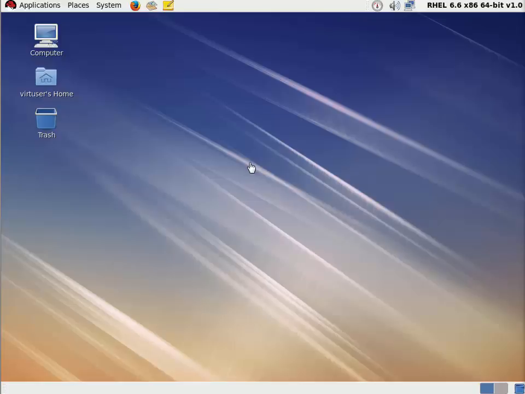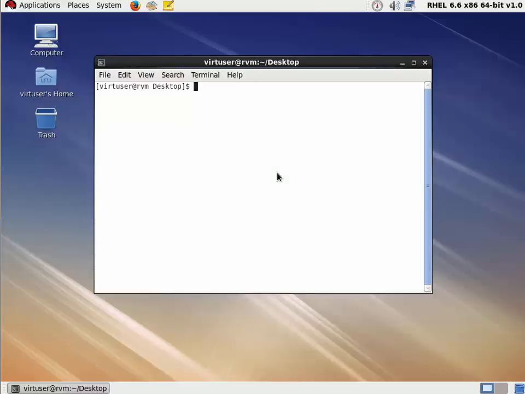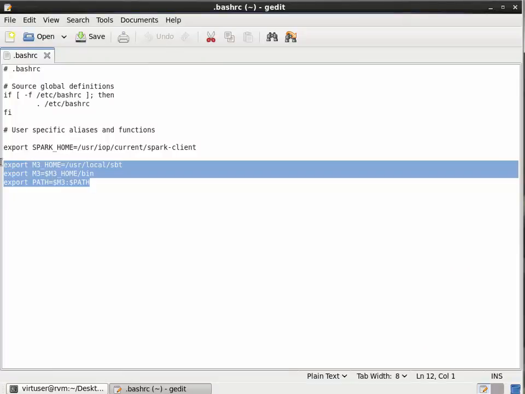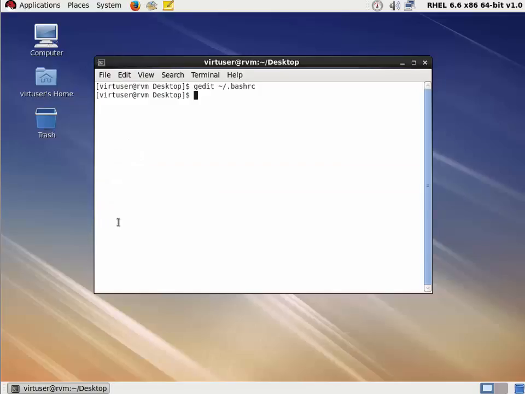I went ahead and downloaded the Scala SBT in order to package Scala applications. And then I downloaded and extracted the package under the user/local directory. I also created some environment variables to make sure I can use and run SBT anywhere within the machine. I'm going to show you what it looks like in my bashrc. This is what I created when I downloaded the SBT package. I put it under the user/local directory. So I have that all set up. You'll have to update and change the path accordingly to what package name or the build tools that you